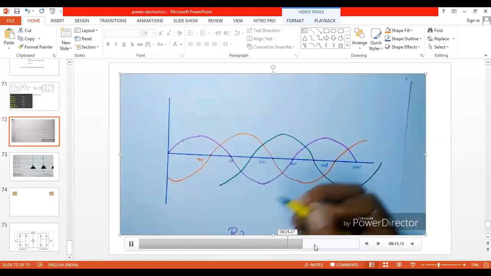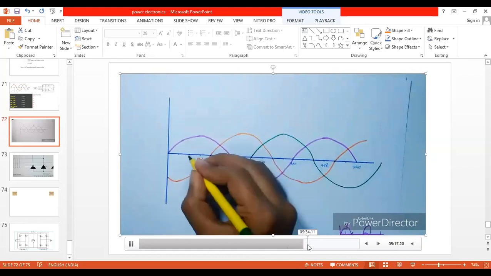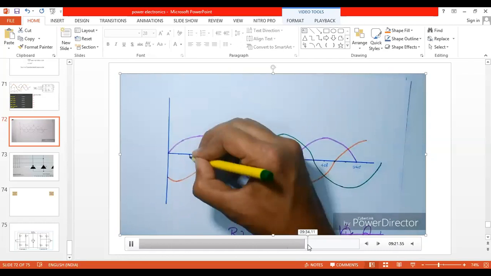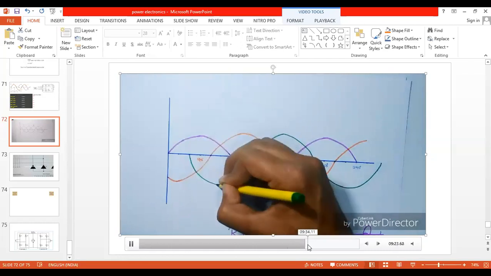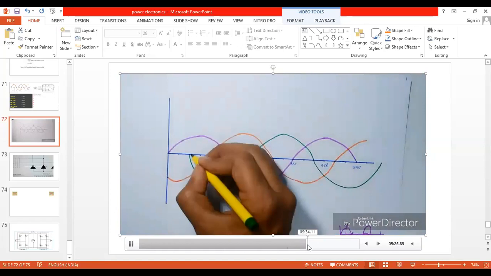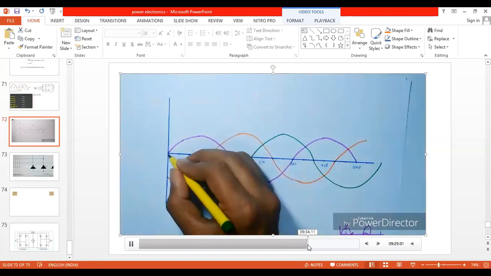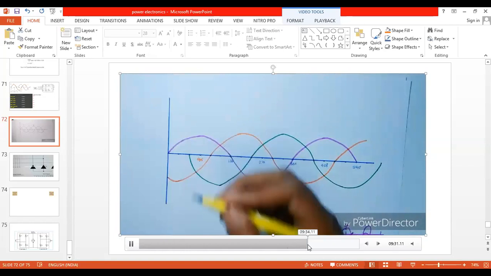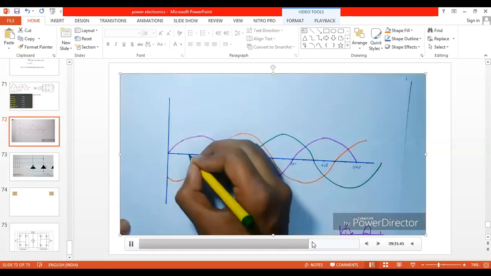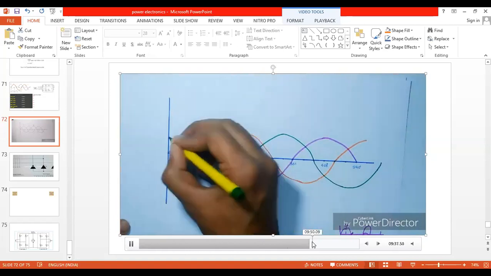Those who have not practiced, please put it on white paper simultaneously. At the end of the class, I'll ask you to share this screenshot within the last minute. Be ready. When I say, you are supposed to put it in the group with your roll number. Don't copy from your friends. Simultaneously you draw this, then only you'll understand. It is not just watching the video or listening to the class.